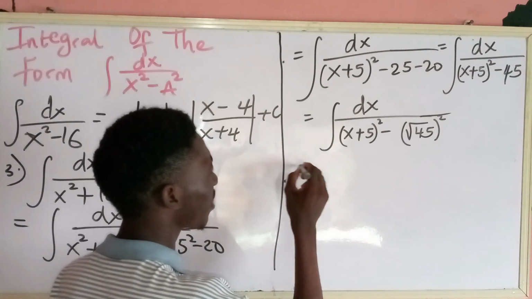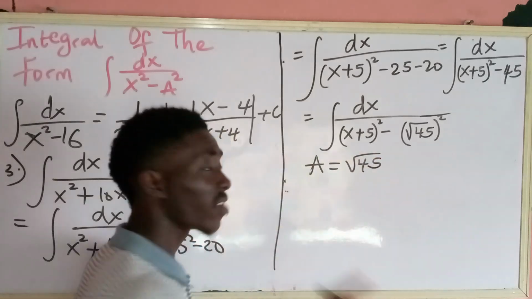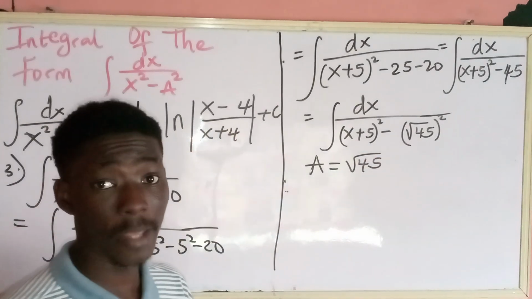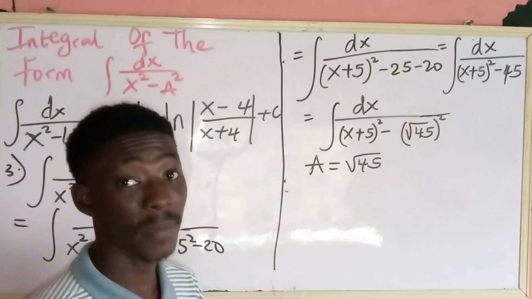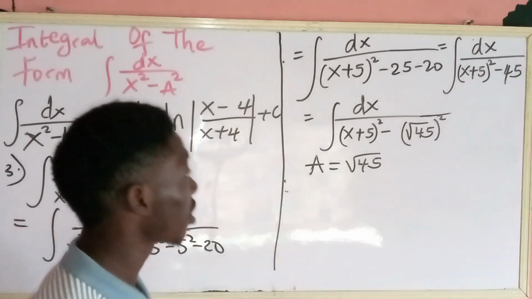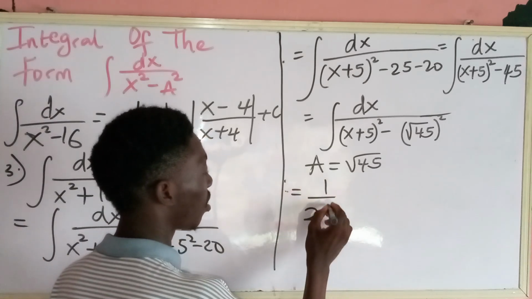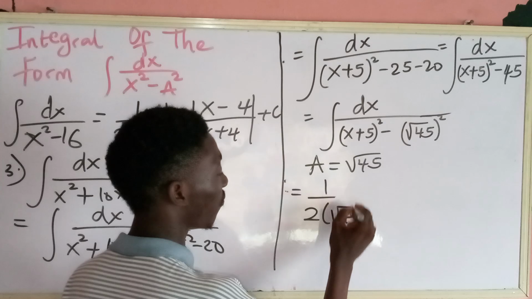So my final answer here, my a here will be the square root of 45. Mind you, the square root of 45 is not a perfect square. It's not a perfect number. So in that case, you can't find a nice square root. So what I'll do here is my final answer will be 1 over twice the square root of 45